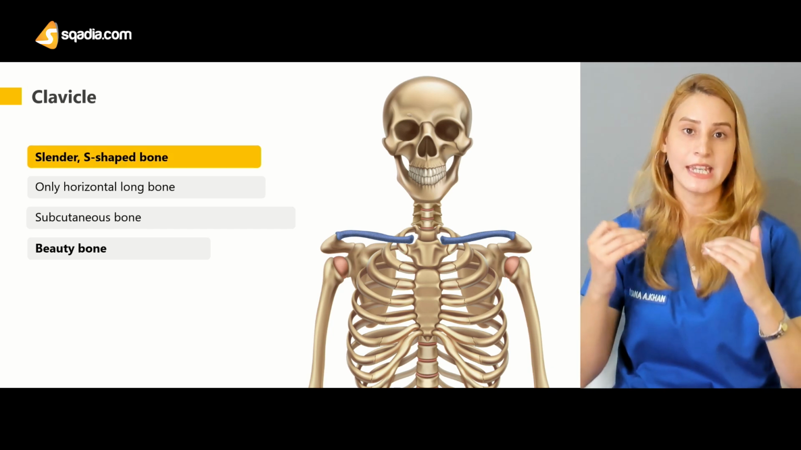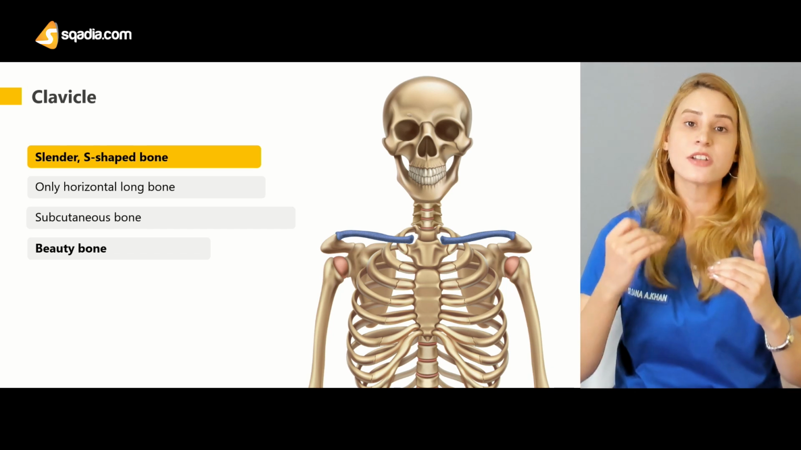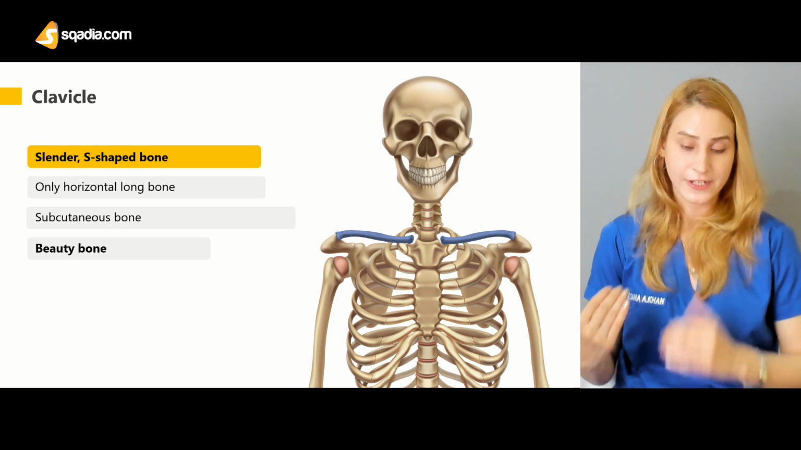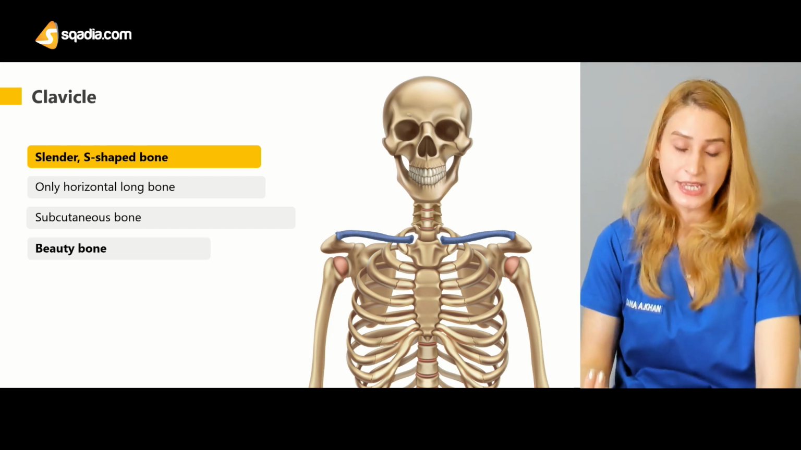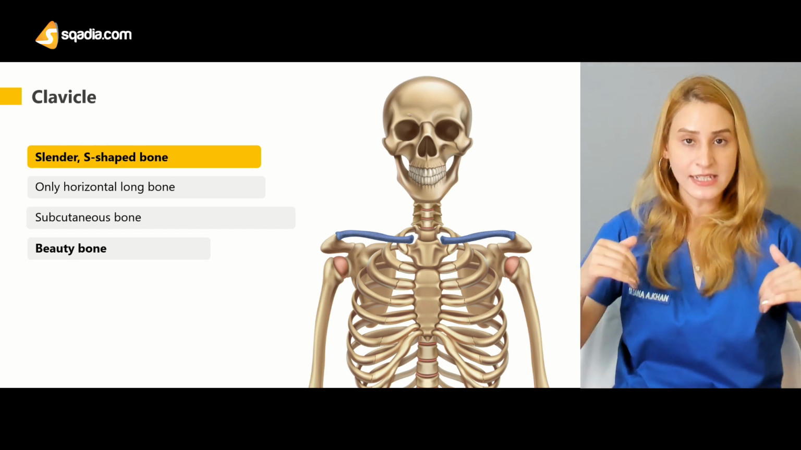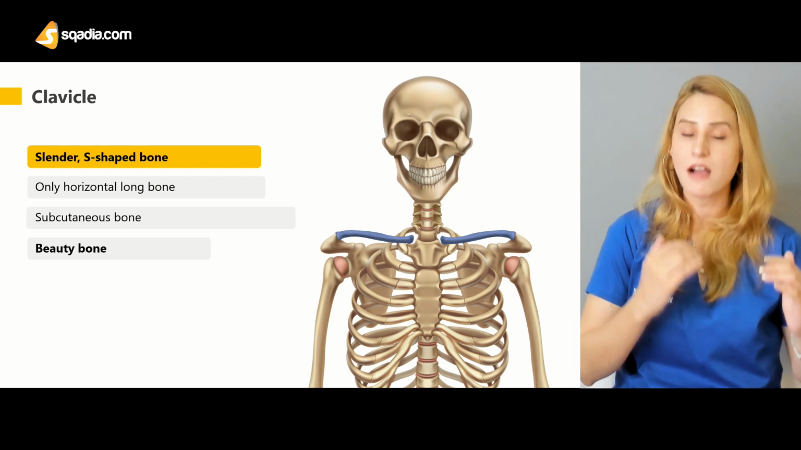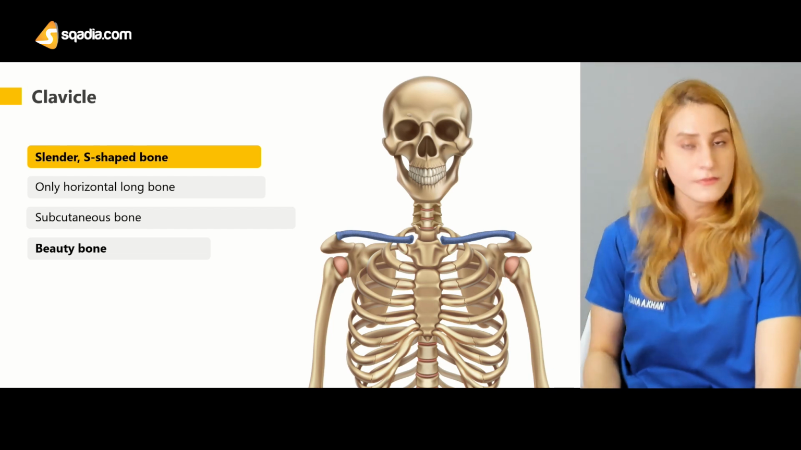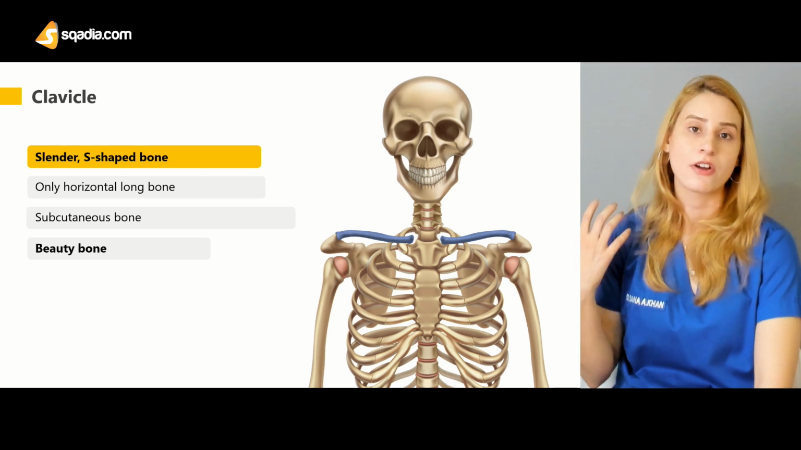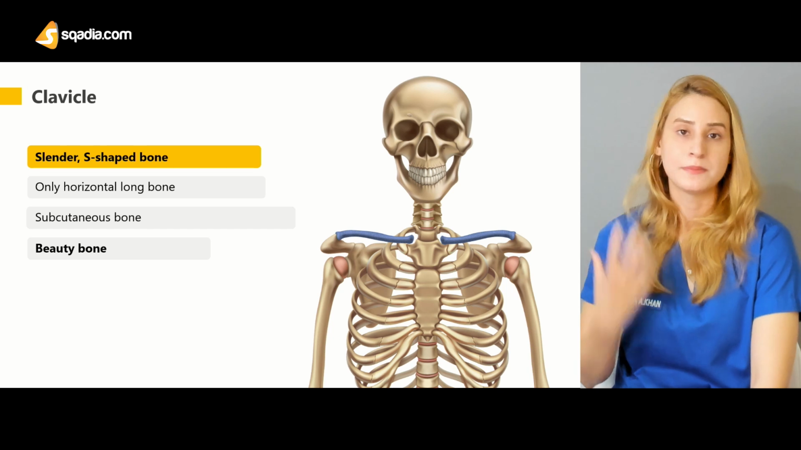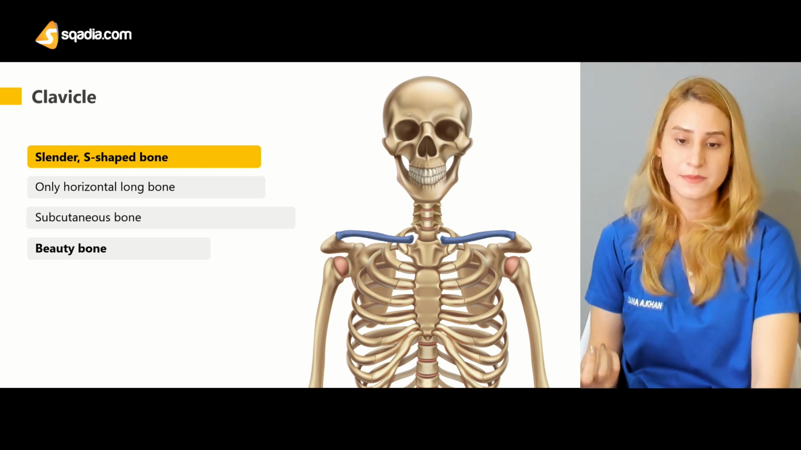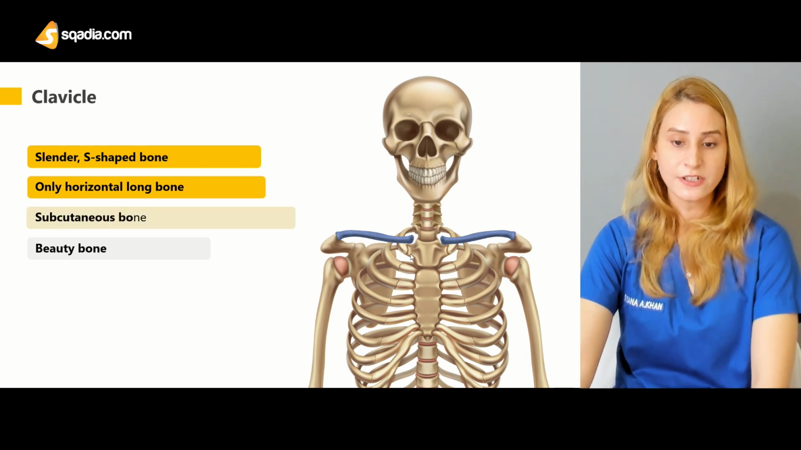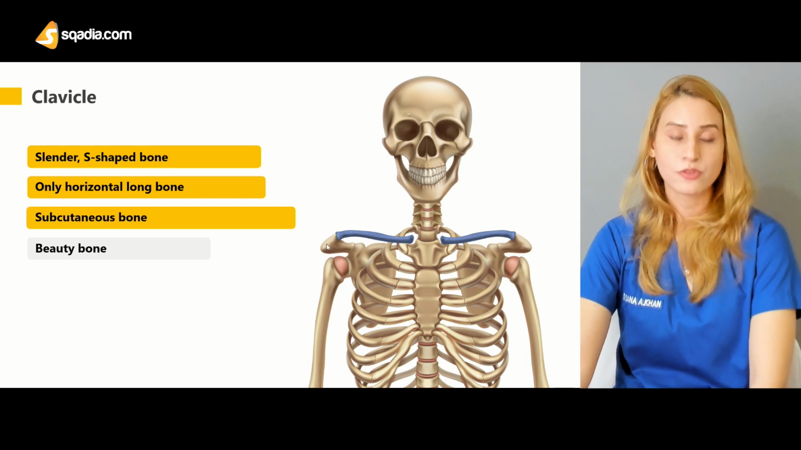That means the inner or medial surface is convex backward, and the outer or lateral surface is concave forward. Okay, so it has both a convexity and a concavity. The medial end is convex backward, and the lateral end is convex forward. I told you about that. It's a flat bone, it's a long horizontal bone, and it's a subcutaneous bone. It's also called a beauty bone or a collarbone. And remember the attachments, the medial is to the sternum and the lateral one is to the acromion process of the